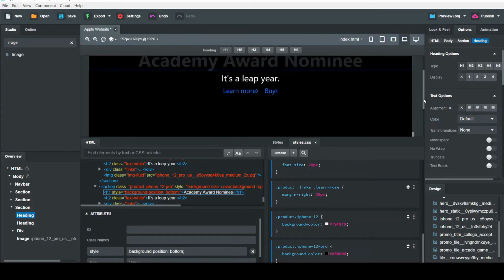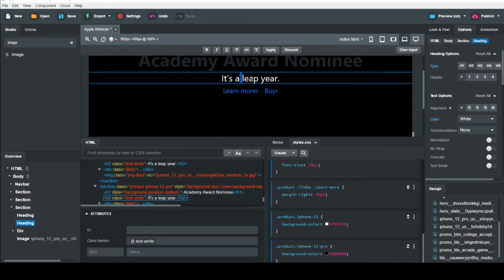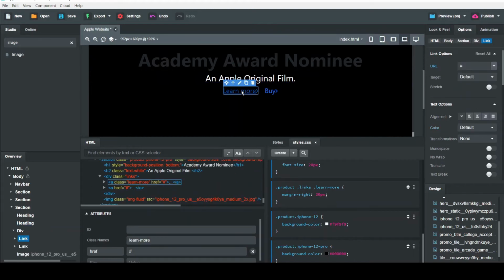Now change the second heading also. We need to change these links and icons also.